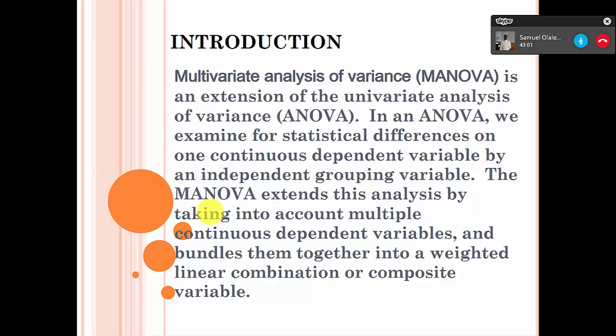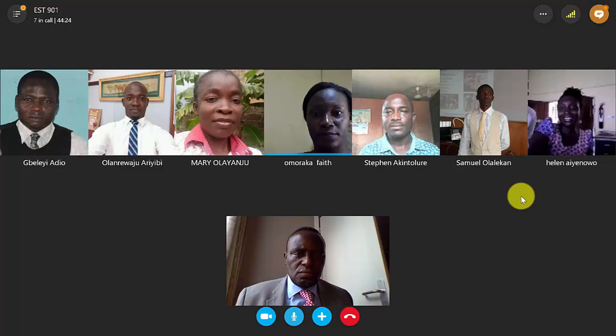MANOVA, the main difference between MANOVA and ANOVA. The obvious difference between ANOVA and multivariate analysis of variance is the M, which stands for multivariate. And to put it simply, a MANOVA